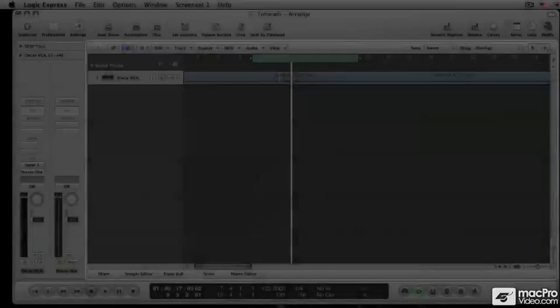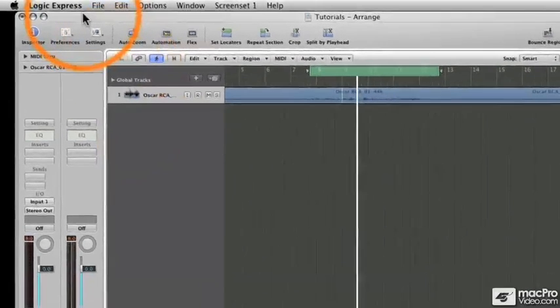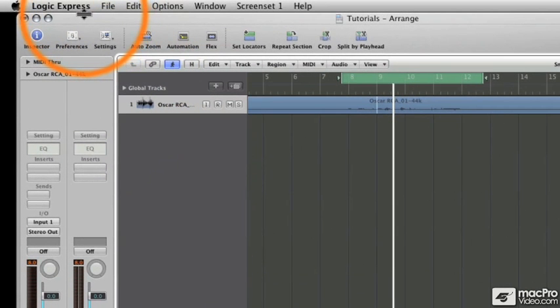In previous videos, we went over the Melodyne Editor standalone interface. In this video, we're going to go over the Melodyne Editor plugin interface. As you can see, we're working in Logic Express. This isn't to say that the Melodyne Editor plugin won't work inside Logic Pro, Pro Tools, Ableton, Nuendo, and the